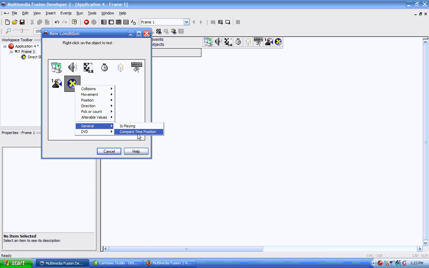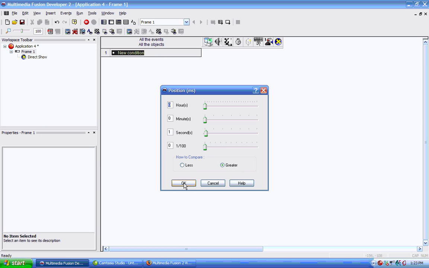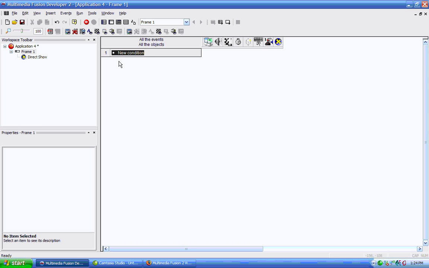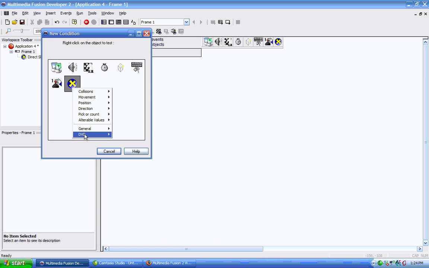This would be able to compare time positions, so wherever it was in the file, you could compare that to another position and see if it's equal, or less than, or greater than, or any of those options. We can choose less, greater than. Okay, I'm going to cancel that and go back. And then we have DVD. DVD is full screen. The Direct Show object can also play DVDs. So I'm going to cancel that,